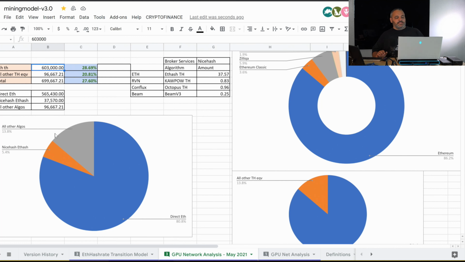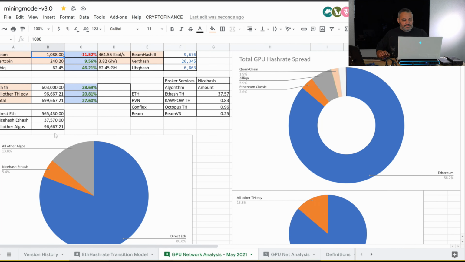We have 603 terahash represented here, and then 96 terahash equivalent. So all the other networks combined right now, all the major networks out there, are showing almost 100 terahash of equivalent GPU power. Now, when we spread that out, we're almost at 700 total net hash, the totality on the GPU side. And a lot of this is using assumptions. I'm kind of flying through this, but